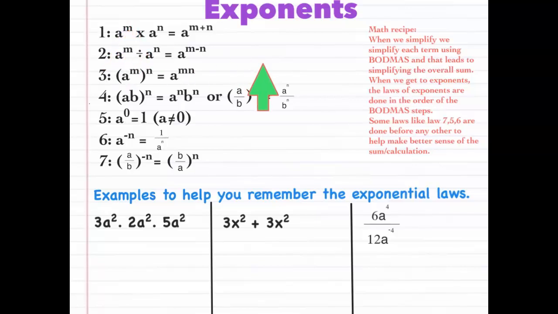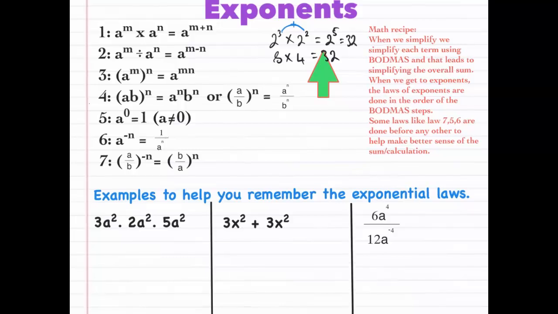Because if we have, for example, 2 to the power of 3 times 2 to the power of 2, we can simply say that it's 8 times 4 and it gives us 32. We could also say, because these two bases are the same, we simply write the 2 and then we add the 2 exponents, the 3 plus the 2, and it gives us 5, which in the end gives us 32 as well. But why go through all of that if you simply know that 2 to the power of 3 is 8, 2 to the power of 2 is 4, and it's in line with BODMAS because powers and roots